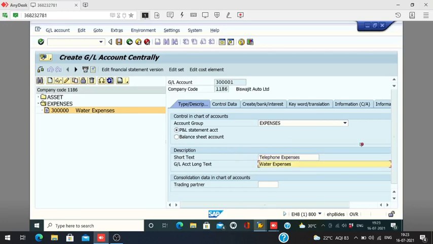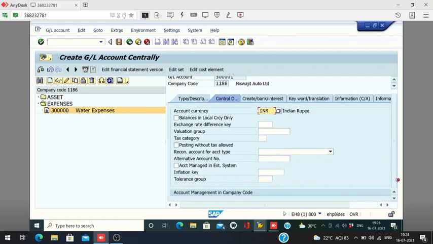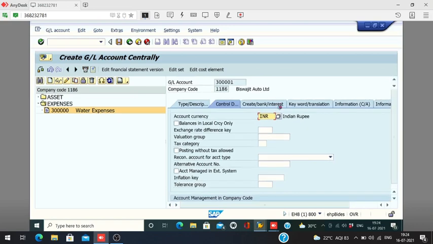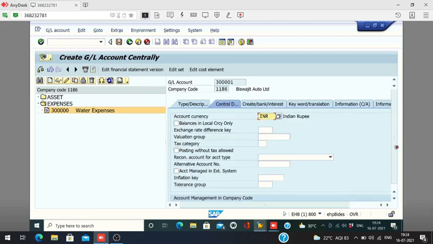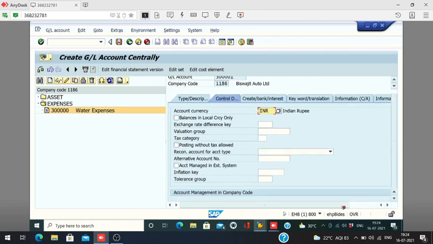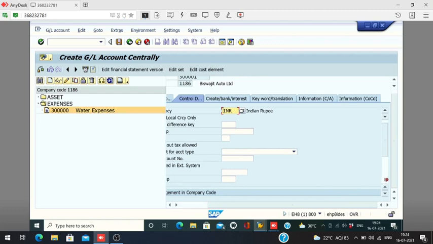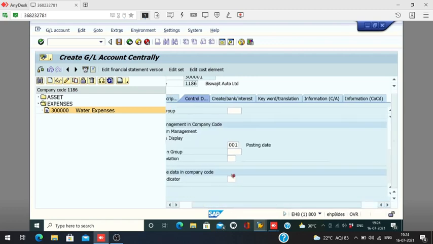Expenses. Okay, this is the same only, no changes there. Earlier, right? So here INR, here also G01 in line item display. Line item display means those line items will show in your reporting. Okay,